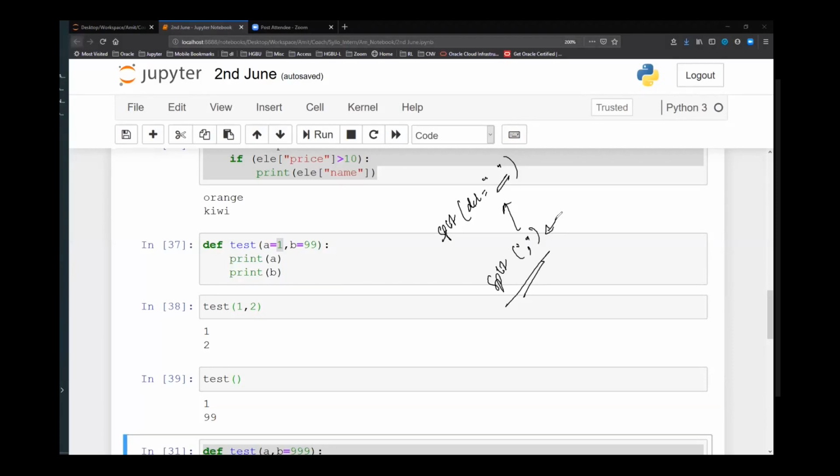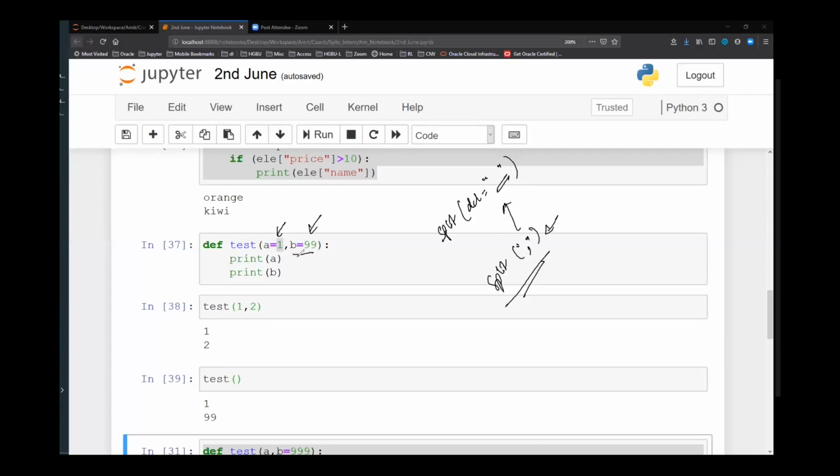Clear? Any questions? Sir, is there any order to assign the default parameters? Suppose A and B are there. If I want to assign A as 1, but B I have to pass. A as 1 and B you have to pass. Yes, there is an order.